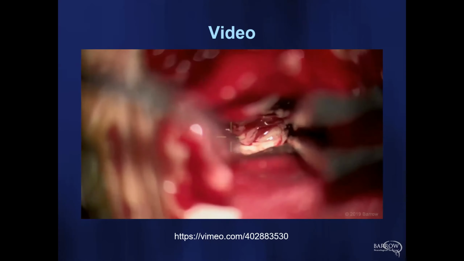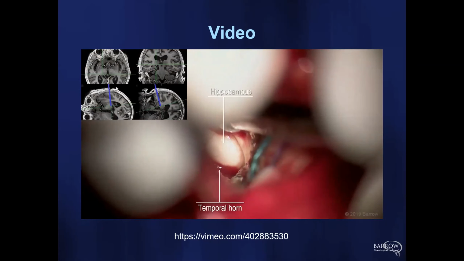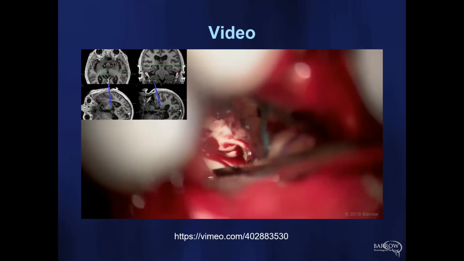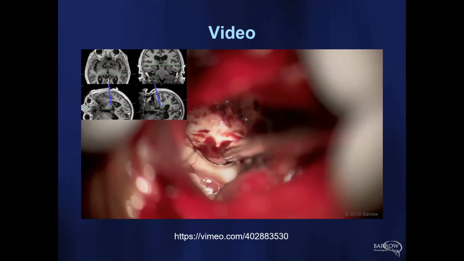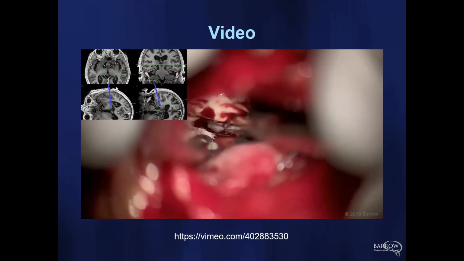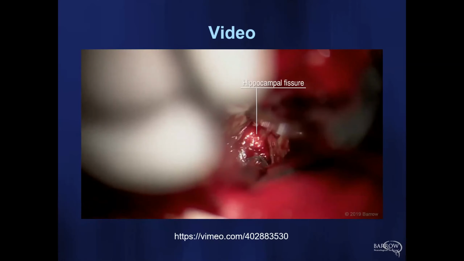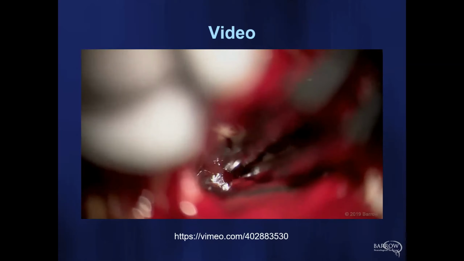It creates space so that when you push the hippocampus down, so this is entered into the temporal horn, you see that head of the hippocampus. You now have space to push that down into. And you have a cottonoid protecting the choroid plexus. That's very important. And then you see the choroidal fissure, and then that is the hippocampal fissure that is separating and is where the feeding vessels go into the body of the hippocampus.